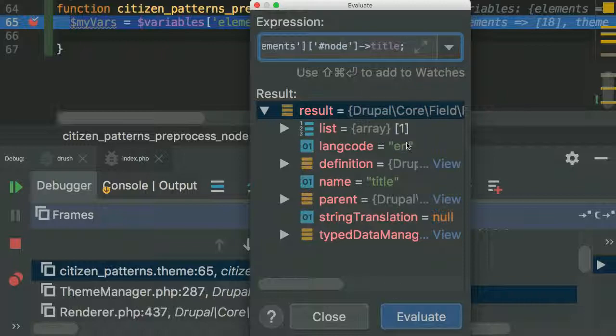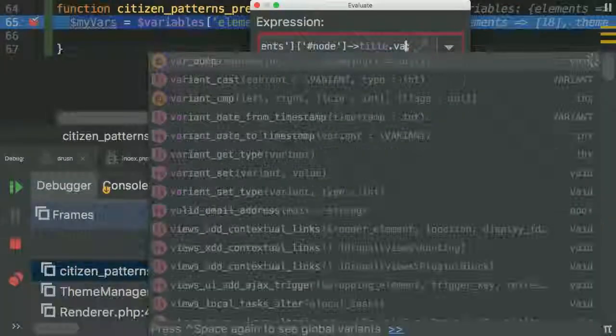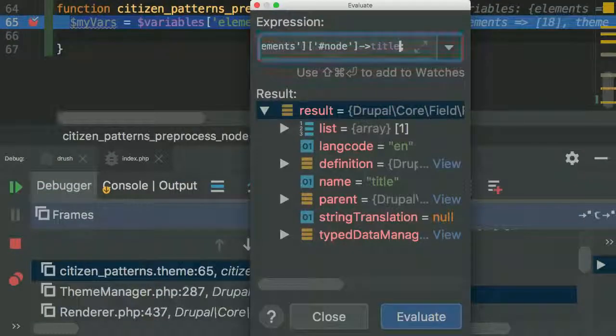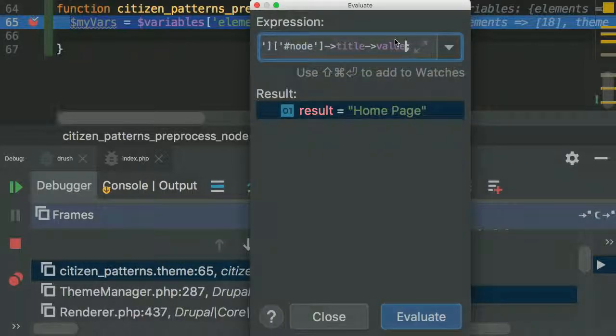There we go. Got something. That doesn't look quite right. Let's see, value. There we go. So, should this actually be what I'm looking for, I could then put that in my code